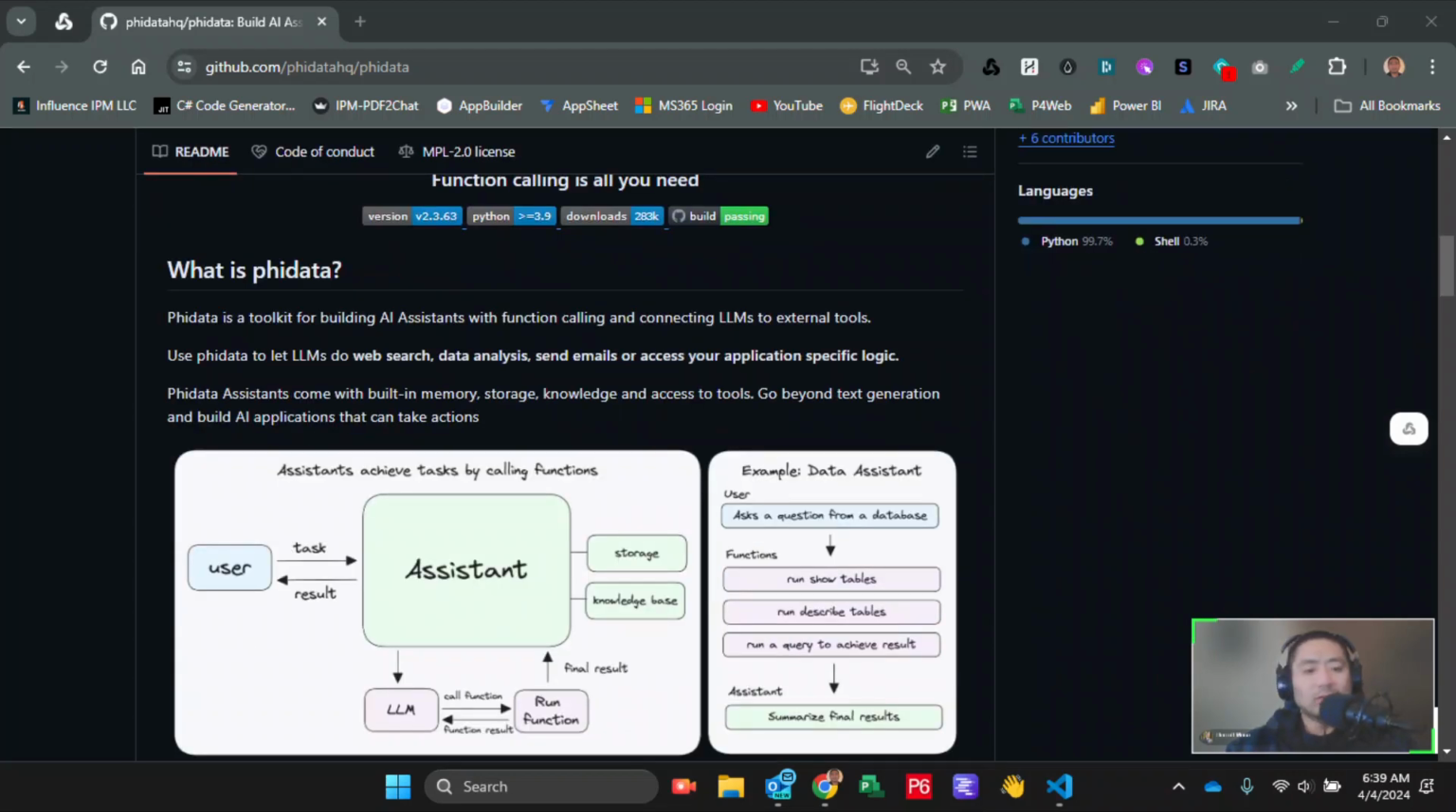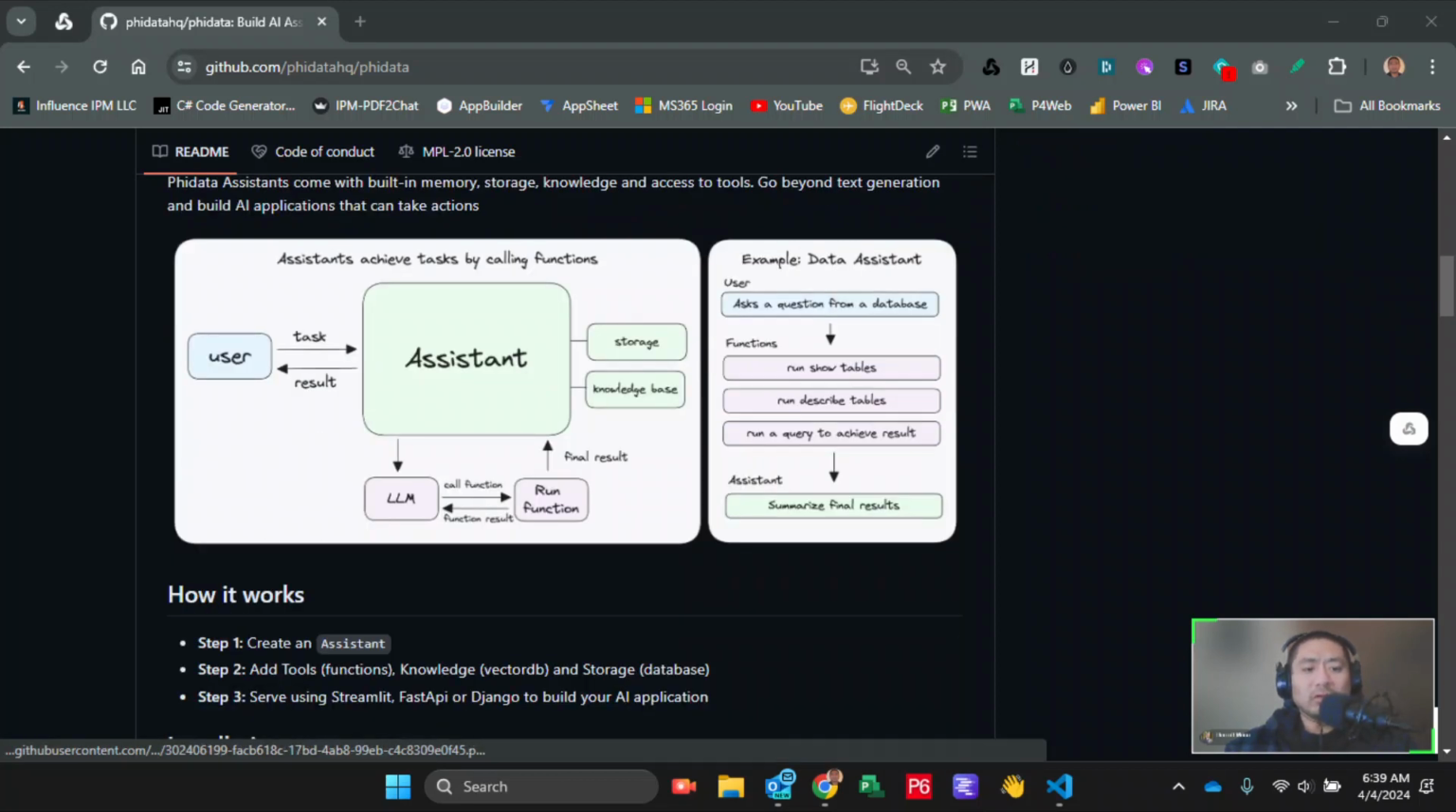your OS. So as you can see here with the chart, it starts out with the user. The user gives a task to the assistant, then it goes into a storage and knowledge base, and then it goes back to the assistant, and it provides a result. In between the knowledge base and the assistant, you have the final results running in with the large language model, which calls out a function and runs the function, and then it returns back to the large language model to give that result